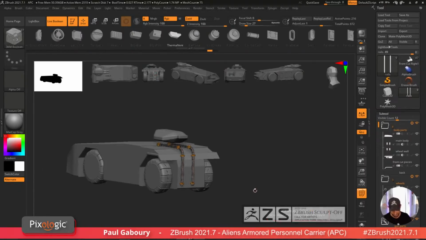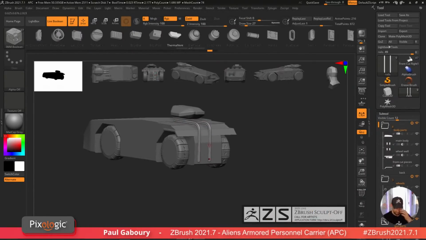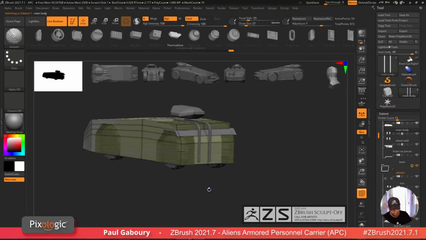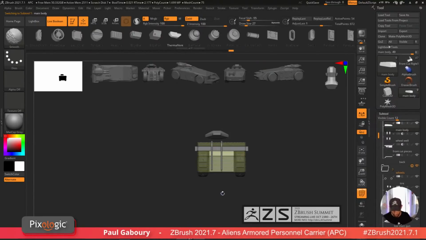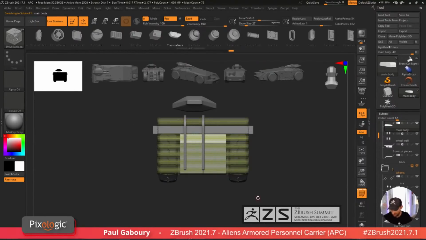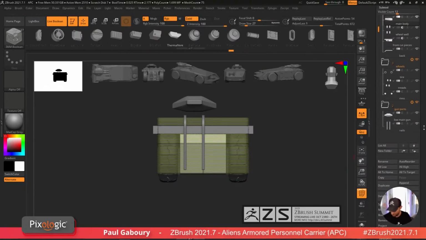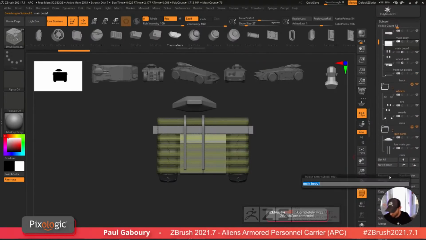Okay, so now that I have established this, this angle is a very specific angle that's happening in this piece, right? So I'm going to reuse the main body. I'm just going to duplicate this and rename this back vent main